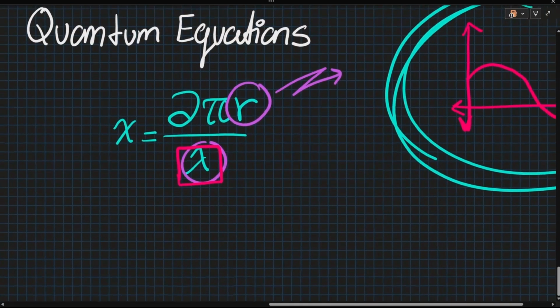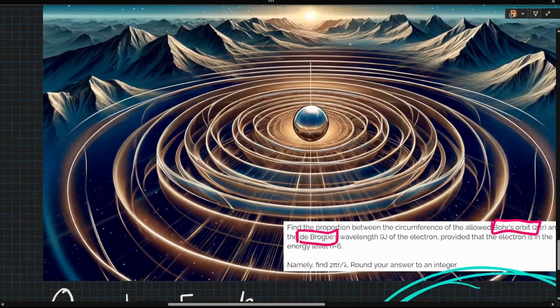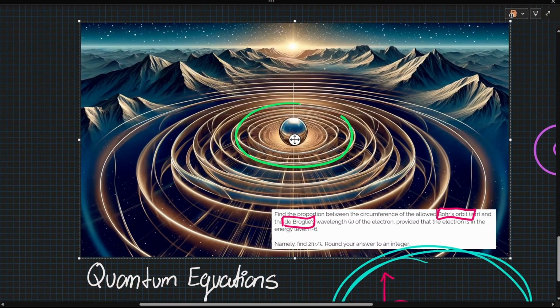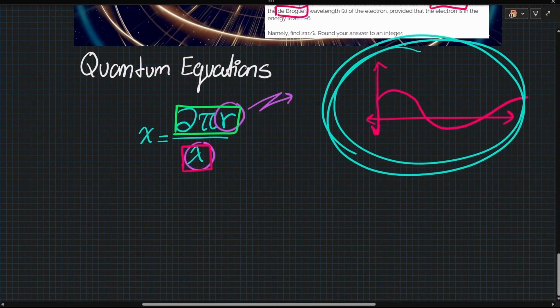So what is being asked here is, what is the ratio between the path this electron takes, right? Because the path it takes will be the circumference of this orbital, which will be 2 pi r, over the wavelength of this individual particle. We know the following. We know that n, let's